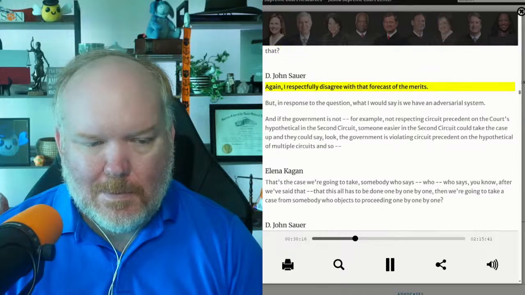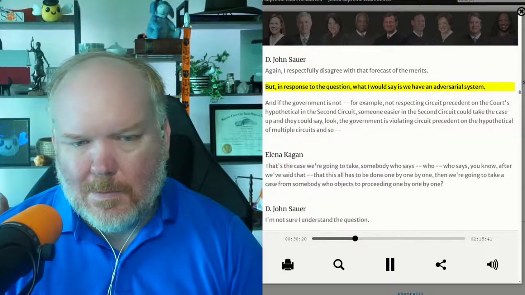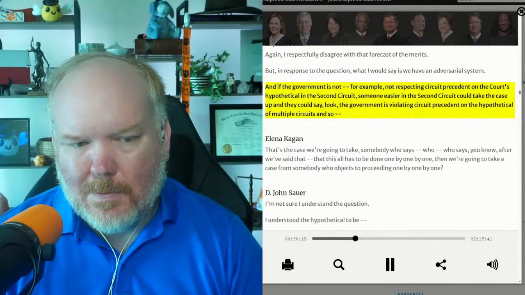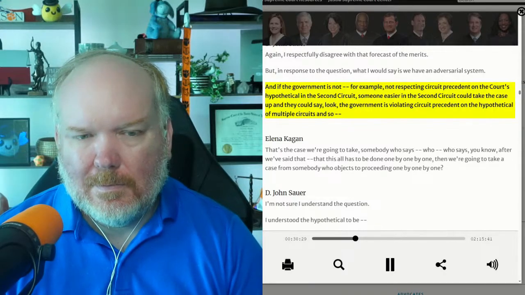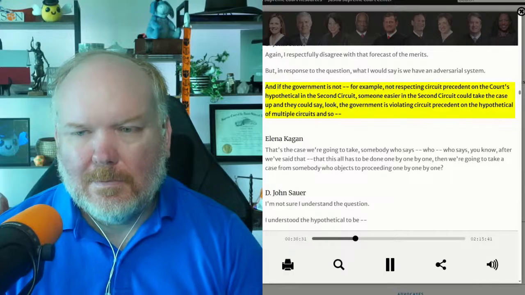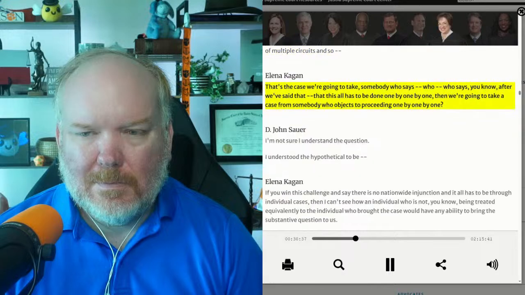Again, I respectfully disagree with that forecast of the merits, but in response to the question, what I would say is we have an adversarial system, and if the government is not, for example, respecting circuit precedent on the court's hypothetical in the Second Circuit, someone injured in the Second Circuit could take the case up, and they could say, look, the government is violating circuit precedent on the hypothetical multiple circuits. That's the case we're going to take? Somebody who says,